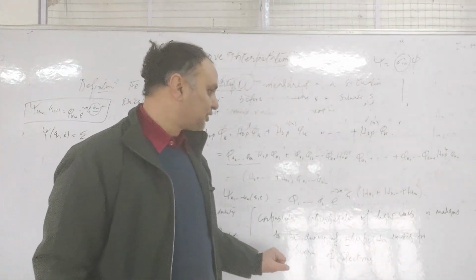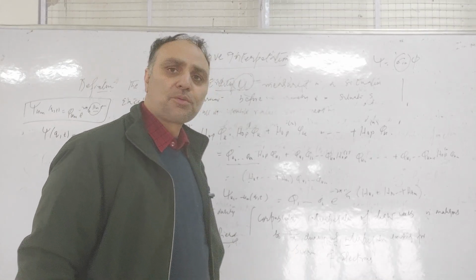So corpuscular interpretation of light is analogous to the duality existing for swarm of electrons. Means